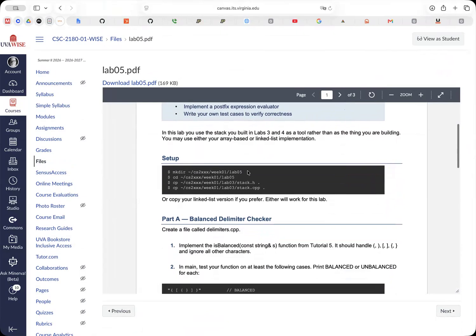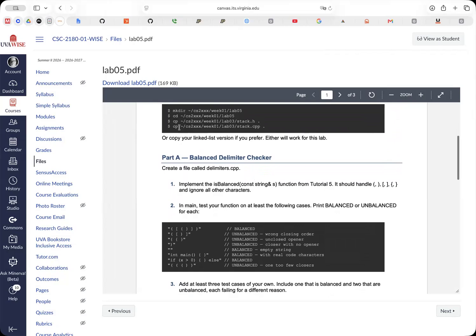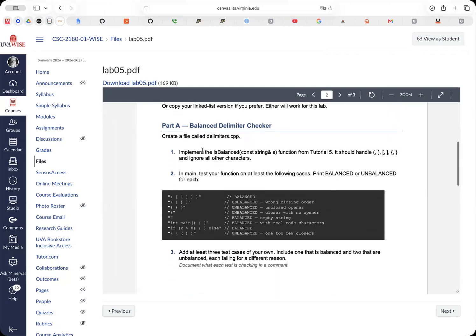So we have the setup here. And one thing I will say is that whenever it tells you to make a directory, you don't have to do that. I went ahead and made all the directories. And whenever you see the XXX, it means 2180. So you won't do that step. But you will change into the correct directories. And it'll be the files that you have to make and all that stuff. And here's some copying you'll do. This copy is important because I have some files out there to get you started, that you'll copy over.